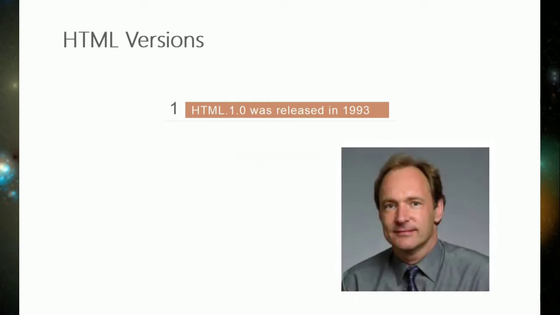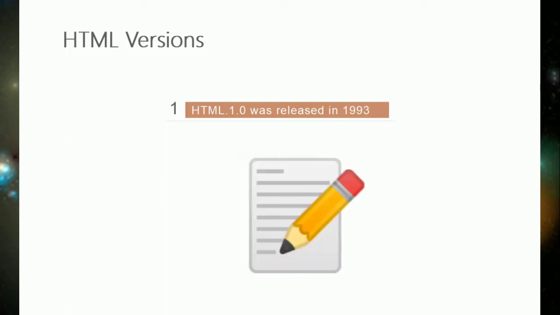Now let's see. The first version of HTML was released in 1993. HTML was created by Tim Berners-Lee, and this was not officially released. The main purpose was that Tim Berners-Lee started putting together his first elementary browsing and authoring system, so he created a simple hypertext language that would serve his purpose. It was not officially released in 1993, and HTML1 is the first version of HTML. It also has the ability to link different documents or pages using the href attribute.